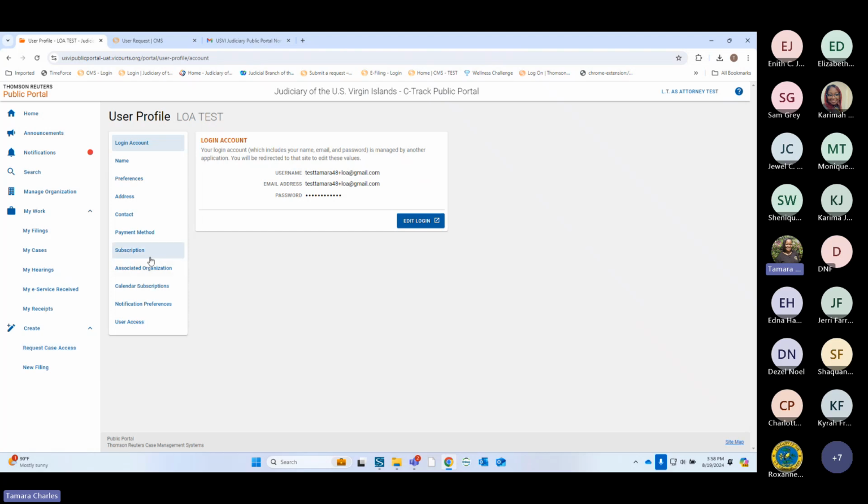Subscription on this tab, just to point out the difference, this is not subscription to the case. I've already asked the vendor to see if this is something that could be removed because it's probably not applicable. It's related to subscribing for copies and stuff like that. That may not be something that we use, but we're going to delve into it a bit more with the vendor. But if it's something that you will not use, we're asking the vendor to gray it out or just not make it an option.